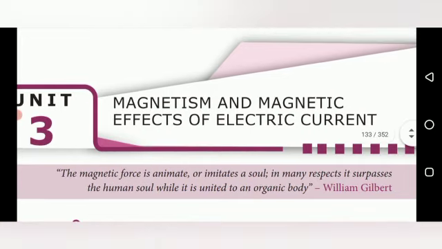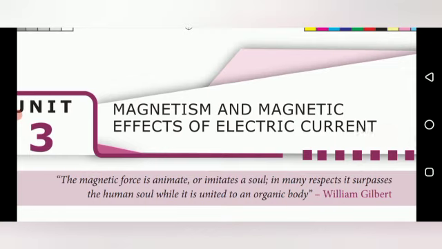And magnetic effects of electric current. This is one of the effects of electric current. Suppose the current is flowing through a conductor. What happens? Two effects can be produced. One is the heating effect, that you already studied, Joule's law of heating, and another one is the magnetic effect. When current flows through the conductor, some attraction takes place around the conductor, and that is referred to as the magnetic effect.